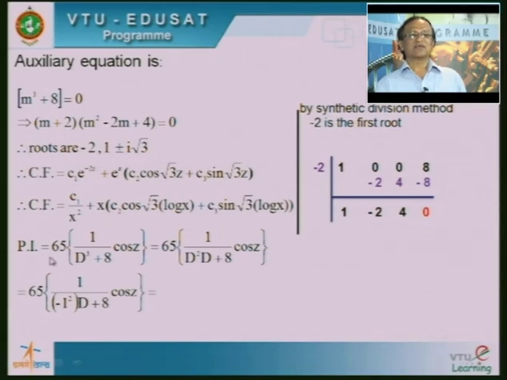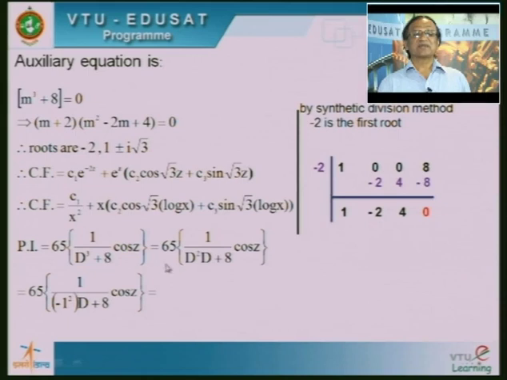Similarly, I can find the particular integral, which is equal to 65 times 1 upon f of D. The right hand side function is cos z. So, you know the procedure for how we find 1 upon f of D cos of ax plus b. I am going to use the same procedure as I have mentioned. Now, I want to replace D square by minus a square, but when we observe the function of D, it is D cube. I cannot replace D cube by minus a square. Here a is equal to 1. So, I want to make it a D square.